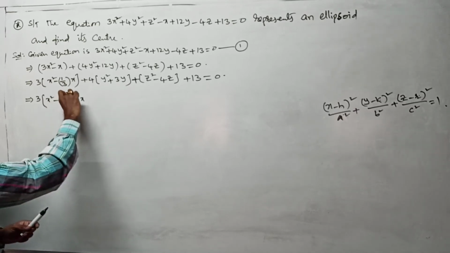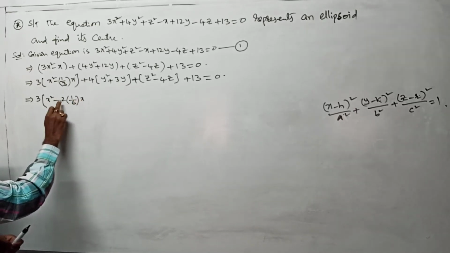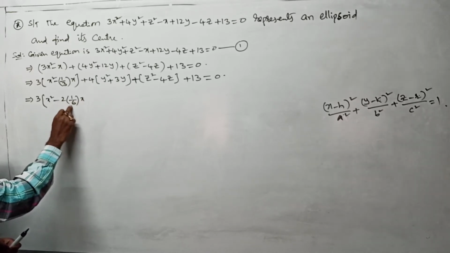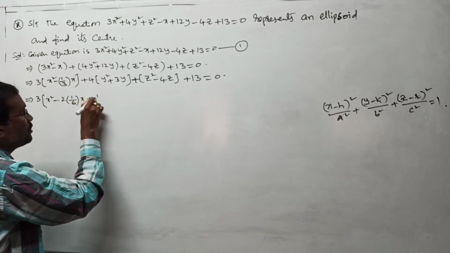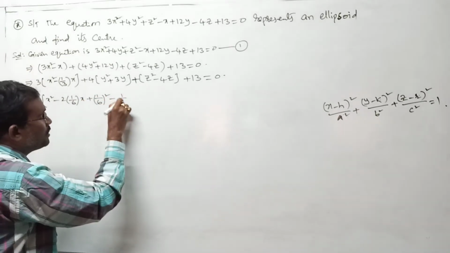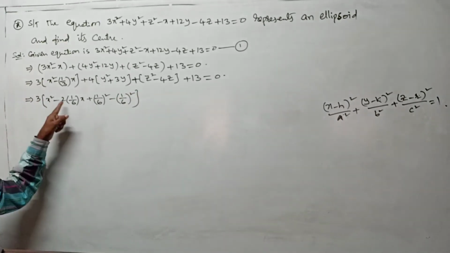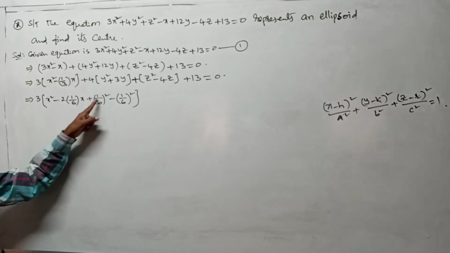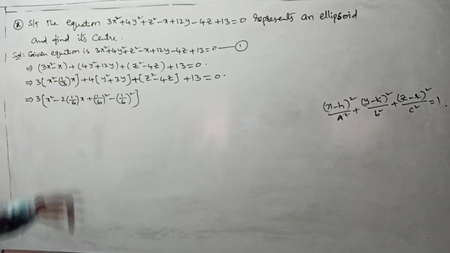Next I am using this, I want to write this one as a minus b whole square. We got a square minus 2ab, what is b here? 1 by 6. Now 1 by 6 whole square, add and subtract, 1 by 6 whole square minus 1 by 6 whole square. Any problem is there? Understood or not? This is 2ab term, b term is this now, b square term we are adding and subtracting now. That is this first term.